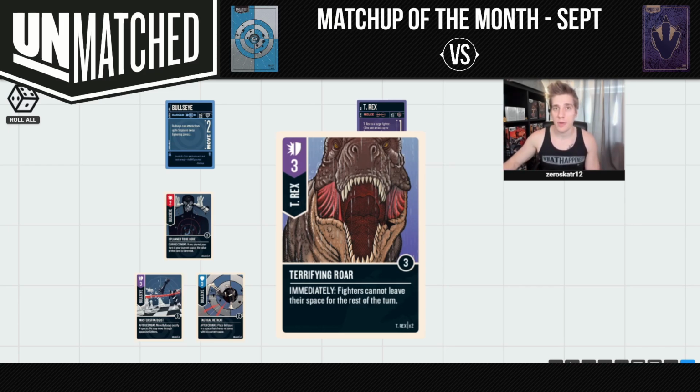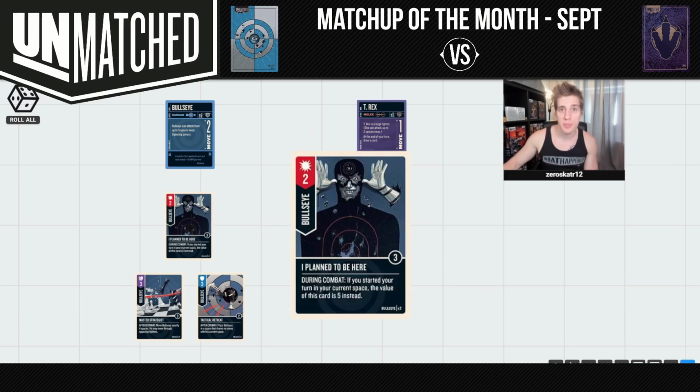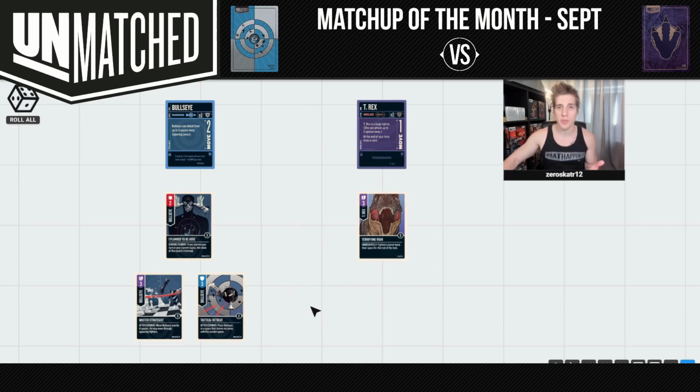And so if T-Rex is within attack range and Bullseye starts his turn, let's say, and he wants to attack with I Plan to Be Here, because you have to do that before you move. If you attack into a Roar, sure, you deal 2 damage and you've won the combat, but now you can't get away the rest of your turn, so that T-Rex is guaranteed to start her turn in attack range of you, which means she could attack, and even if you play something like a Master Strategist or Tactical Retreat to get away,